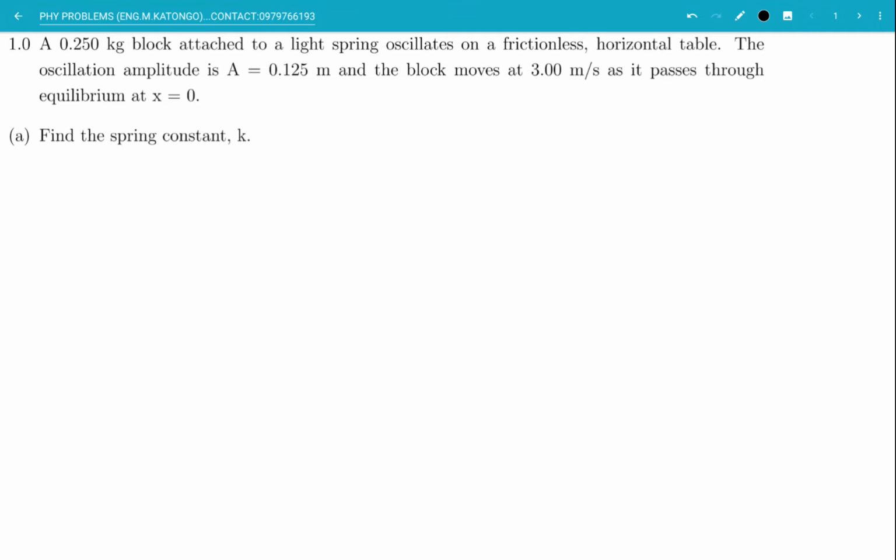We will look at physics related problems. Under these physics related problems, we will focus on simple harmonic motion. Before we look at the question that has been displayed, we are going to do a quick review on simple harmonic